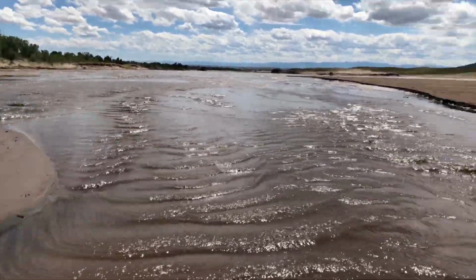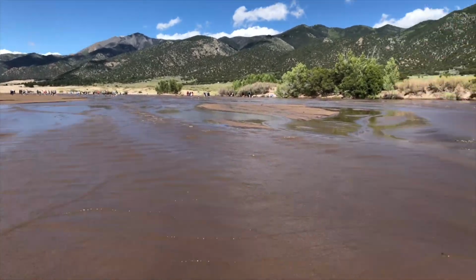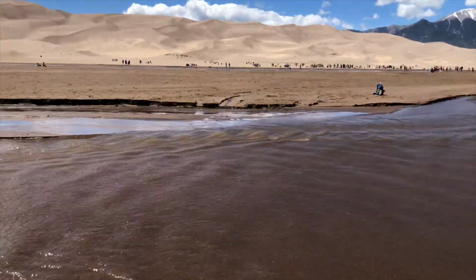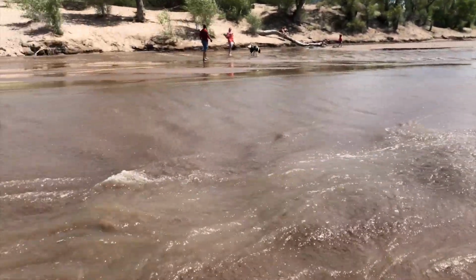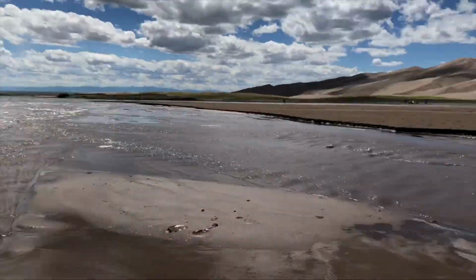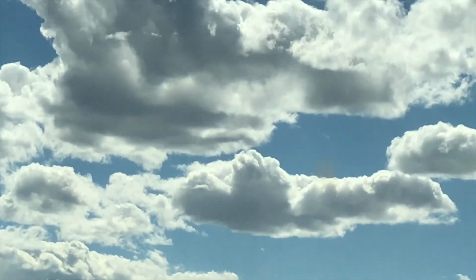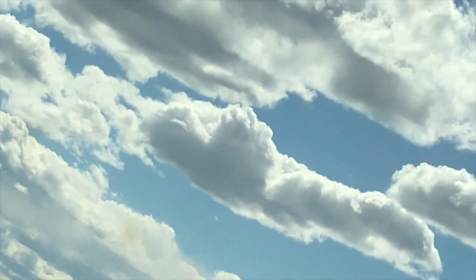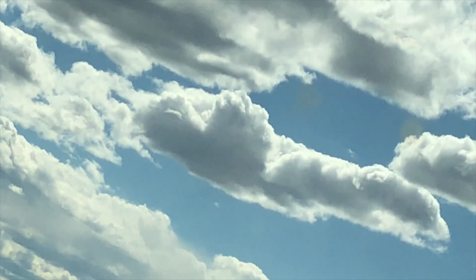So this is pretty much the most water that's been here, I think, in about 10 years. That is such a good heart. It's in the clouds. It's raining. Oh, I see it. Wow. It looks like it has a